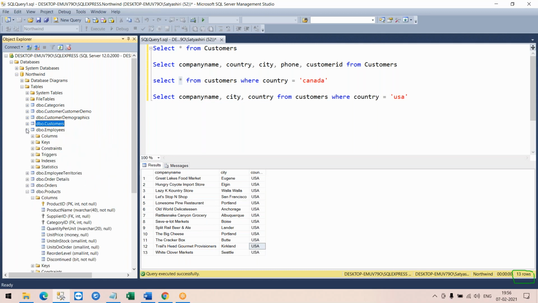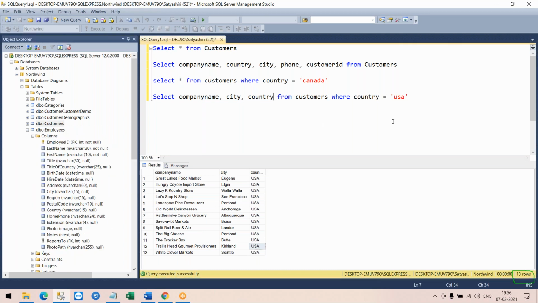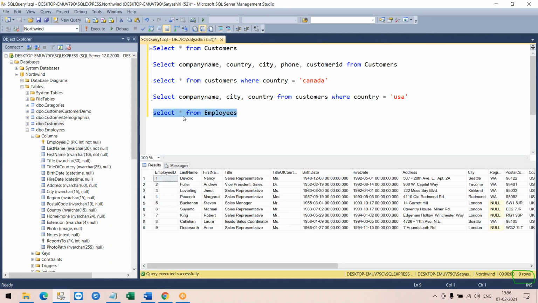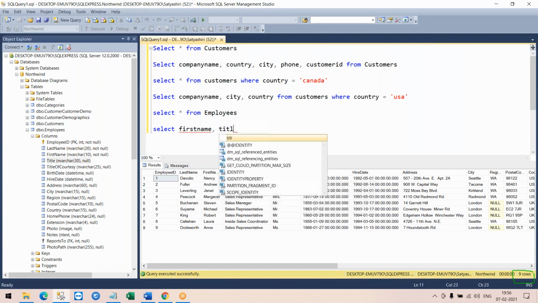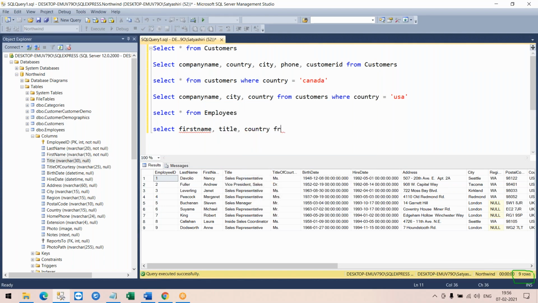Say let's fetch from the employees table. What will I do? I would say select star from employees. Execute. Why am I using star here? To fetch complete columns. Whatever columns you have in your table, you use star to fetch them. If I don't want complete columns, I'll call out the column names. I want the first name of the employee, maybe a title, and a country of the employee, from employees.